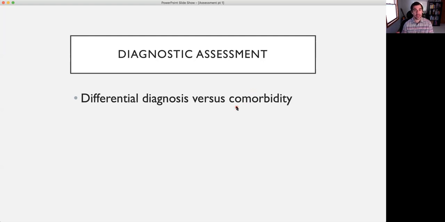Comorbidity is a little bit different. It's still kind of based on the idea of developing hypotheses, but it's the idea that problems can co-occur. So we don't necessarily have to decide that it's schizophrenia versus psychosis because of a substance, and it's either one or the other. But comorbidity is the idea that in certain cases, there are symptoms that may reflect co-occurring psychological problems or psychological disorders. So one really common example of that would be depression and anxiety, that we see a person has been feeling depressed and hopeless, feeling blue, low mood, that they have not been eating as much as usual, moving more slowly, kind of not being able to get out of bed, little interest in life.